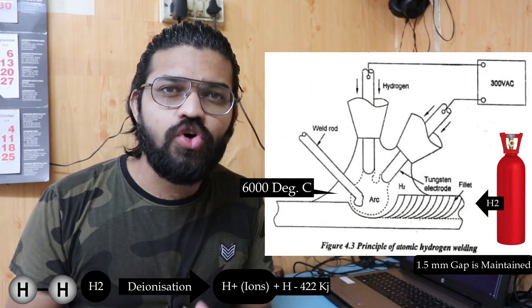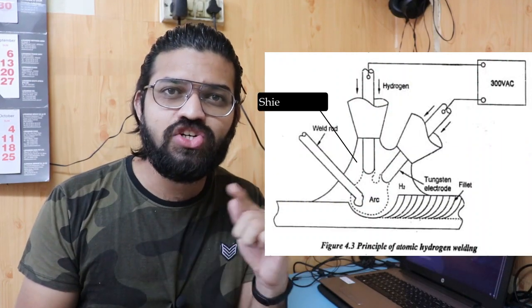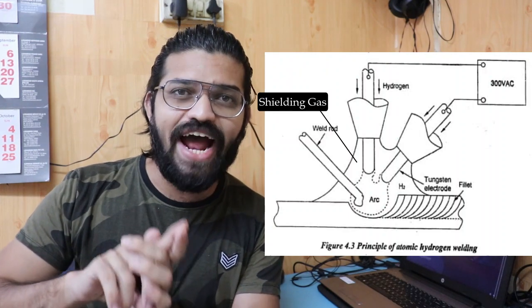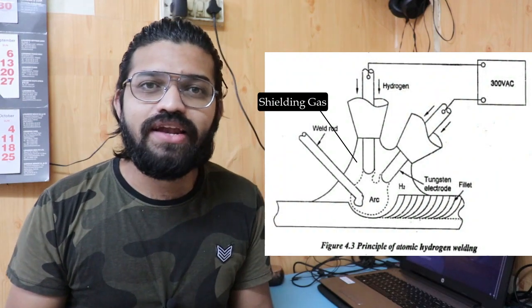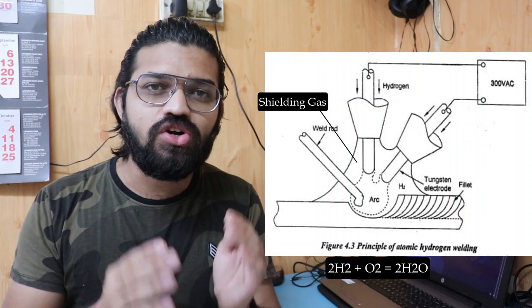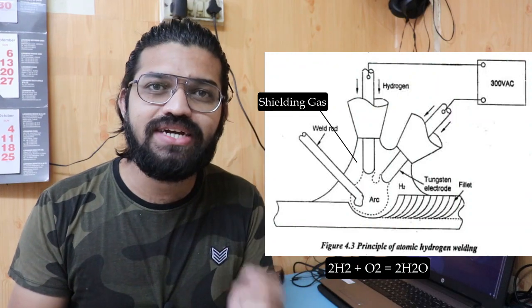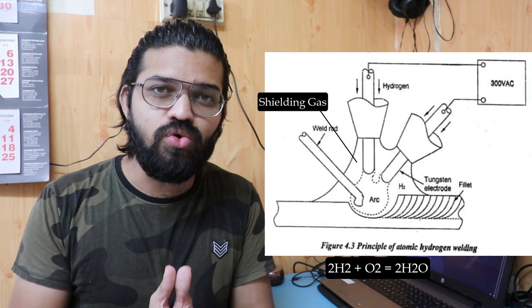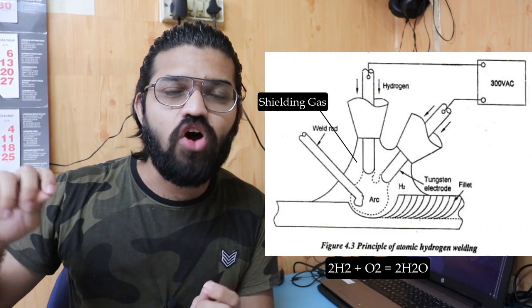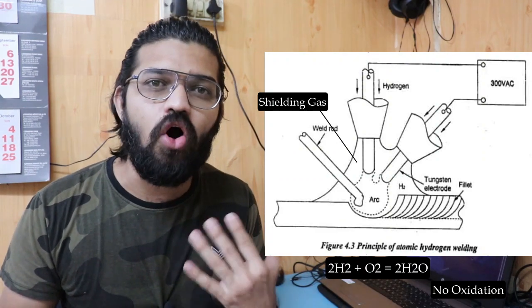Also, as we have seen earlier, this hydrogen gas acts as a shielding gas. Suppose the hydrogen gas comes into contact with the outside atmospheric oxygen, then it will react with the oxygen and form water. As the temperature to carry out this welding process is on the higher side, the water literally evaporates, and the stable pool of molten metal gets protected from those outside atmospheric gases. So there are no chances of oxidation.